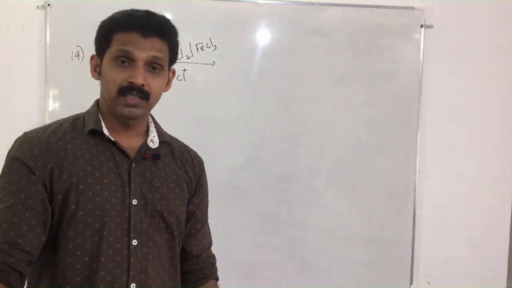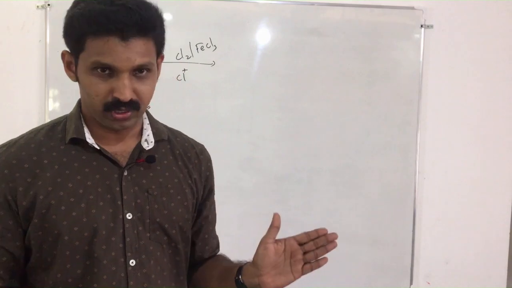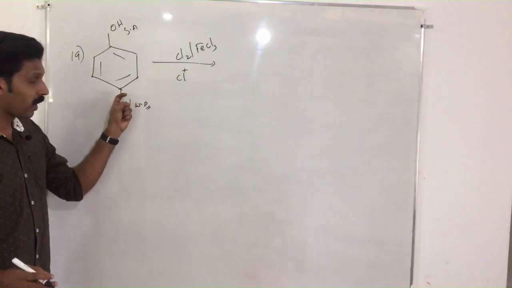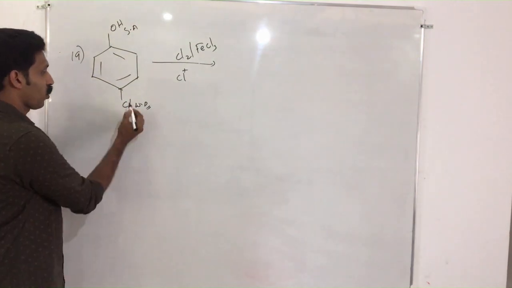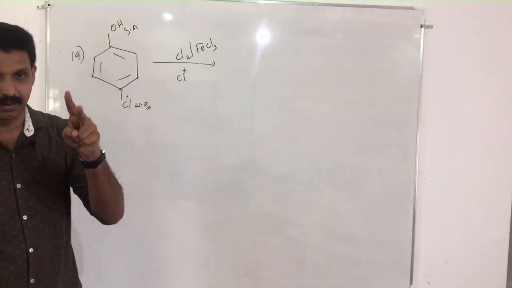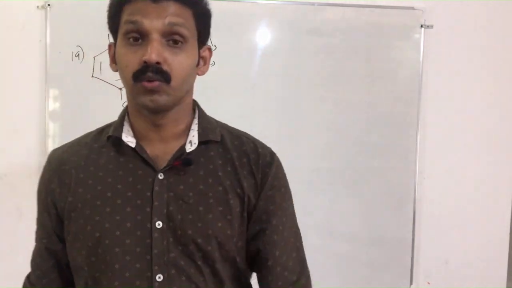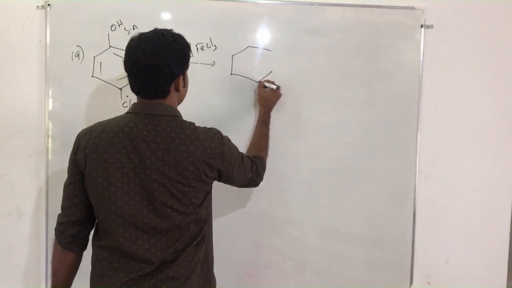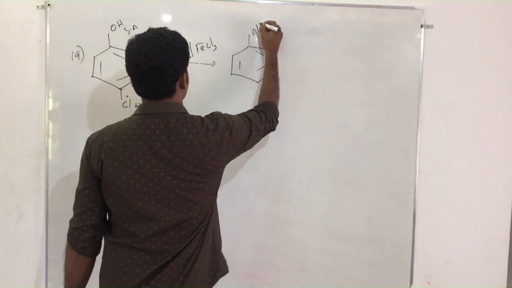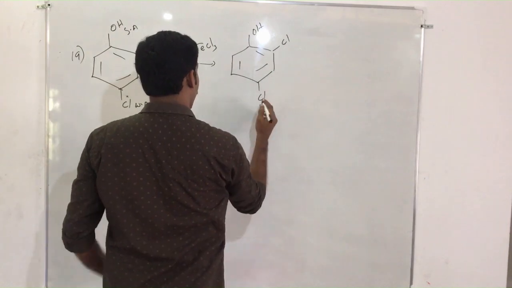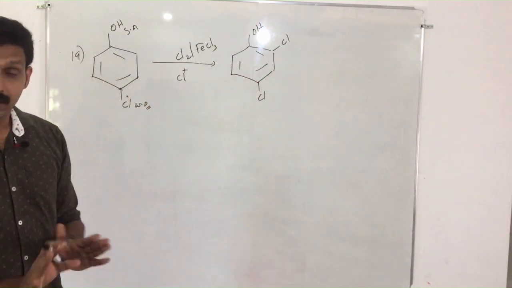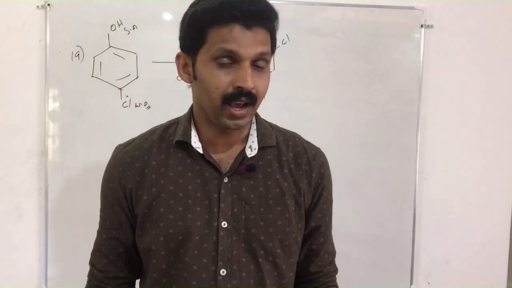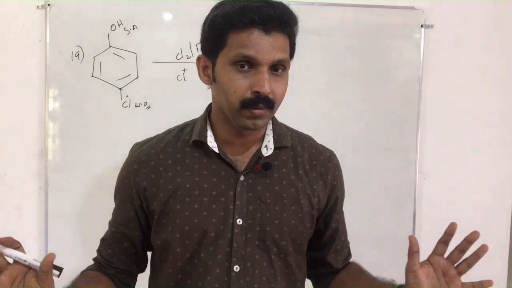The activating group usually prefers the para position, but here you can find that the para position is blocked due to the presence of chlorine, and at the same time the incoming group goes to the ortho position. Therefore the answer is here chlorine, and here again the already existing chlorine. This is the answer. If the para position is blocked, the group can go to the ortho position. This is how the problems on electrophilic substitution reaction work.